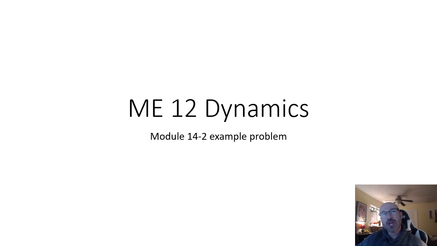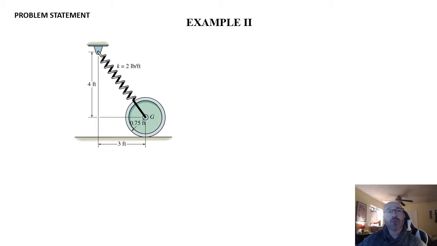Let's take a look at a couple example problems from Module 14.2 for ME12 Dynamics. In this example problem, you can see with our given diagram we have our basic dimensions, 4 feet, 3 feet out there. We have our K value given to us as 2 pounds per foot for our spring constant. We can see the radius of this wheel down here is given to us as 0.75 from our center here